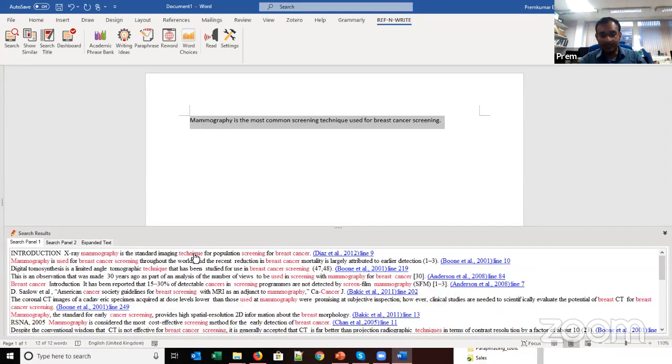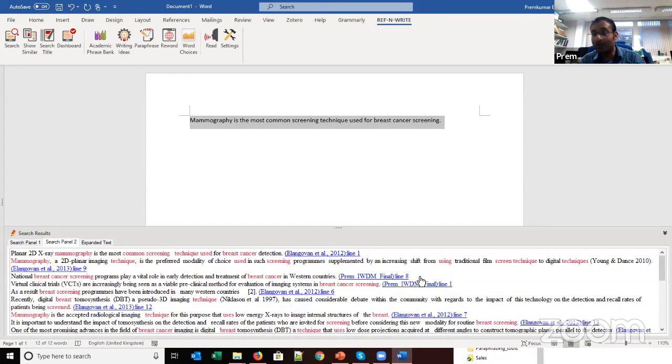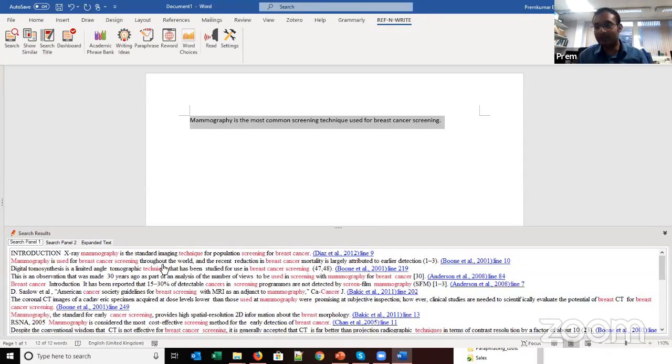So these are the results from the reference materials, and these are the results from my own papers that I imported. Does it make sense? So essentially, you have created a search engine for you to search through the papers you imported. It does a full text search through the text in the PDF documents and brings up similar sentences from the documents you imported and displays them in the search panel below.